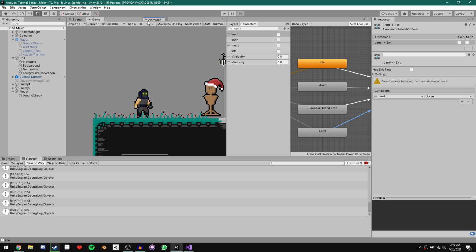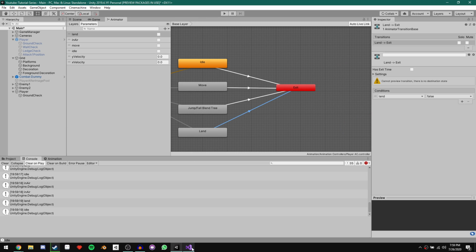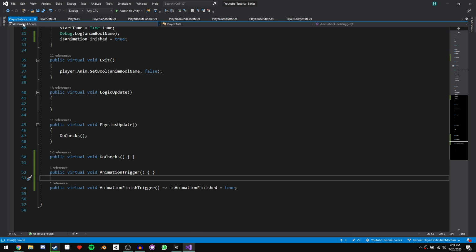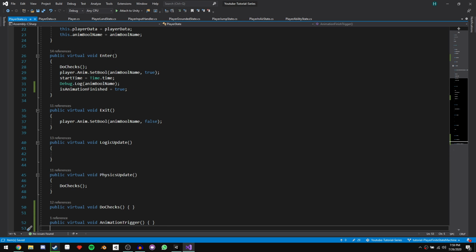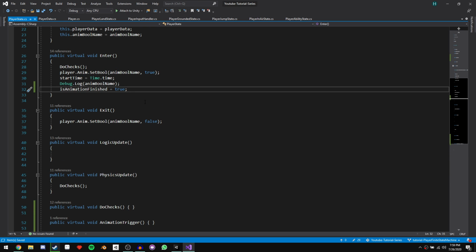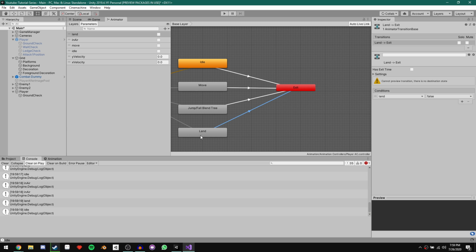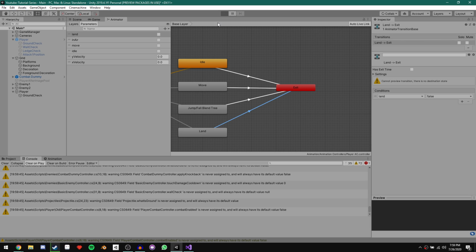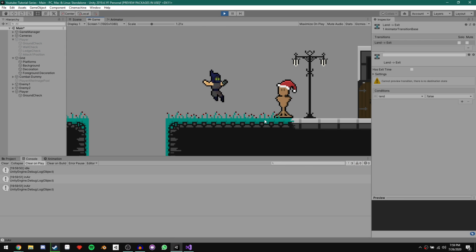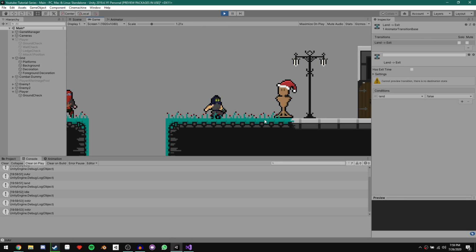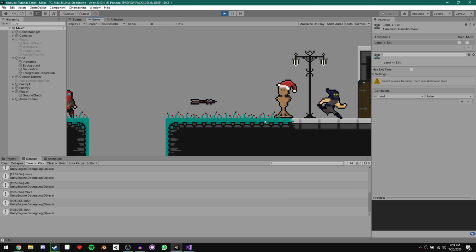Okay, so I found my mistake, and it's really quite dumb. Back in the code in our player state script, in the enter function, I set is animation finished equal to true by default. We're actually supposed to set this equal to false by default. Okay, now it should work as we want it to. So as you can see, when we land, we slowly stand back up, but if we're running and we land,